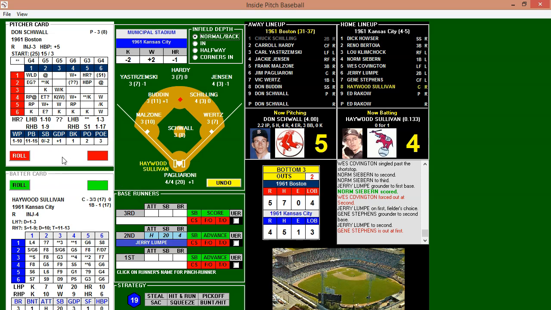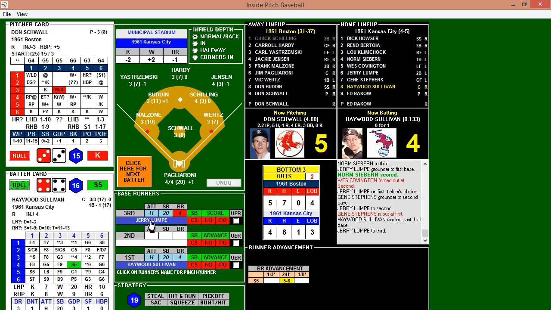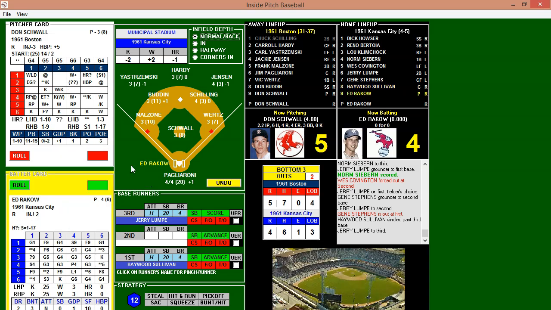So to bring up Haywood Sullivan, 0 for 1 on the day. Red Sox trying to keep the lead here. Schwal looks in for the sign, looks at the runner. Here's the delivery to Sullivan. Takes a ball. Next pitch. And that's going to be a base hit. Lumpy will hold at third. He tripped a little bit there, trying to get a lead with 2 down, and ended up tripping. So he'll have to hold at third. So for the meantime, Red Sox are able to keep the lead 5-4. So Rocco up there now. Rocco is going to be pinch hit for.